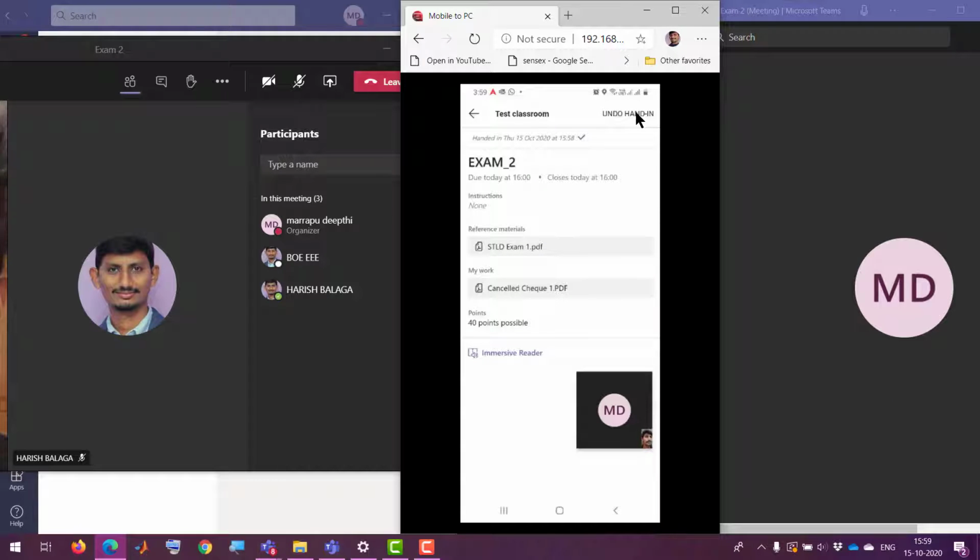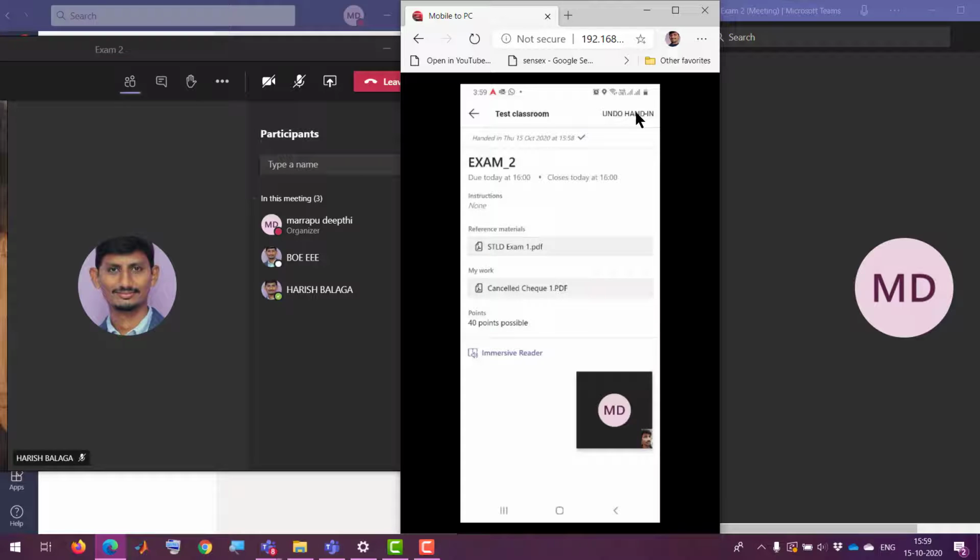Before the end of the time, if a student wants to edit and resubmit, he can click on undo hand in, upload another document and hand in again. The mentors have to make sure that students click on this hand in button. Please remind them when time is up so that they can click on hand in, otherwise students will complain to us.